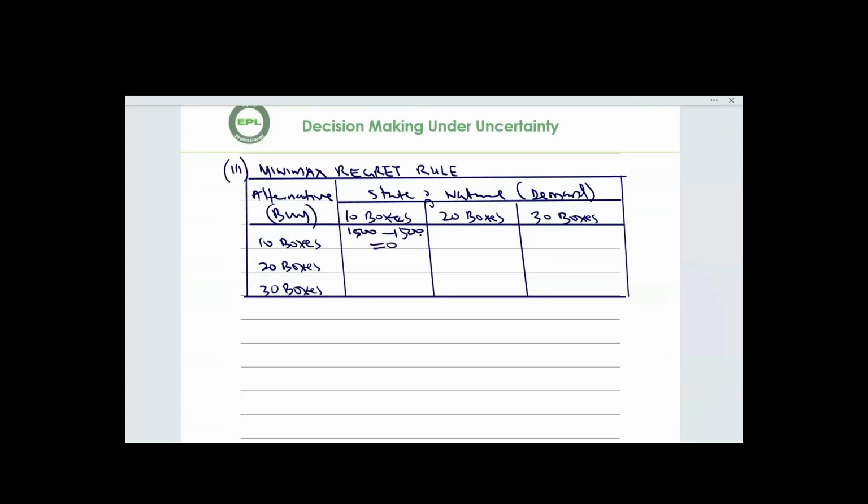Still in this first column, 1,500 minus 1,000. So that will give us 2,500. Okay. Then in the third row, still on the first column, which is 1,500 minus